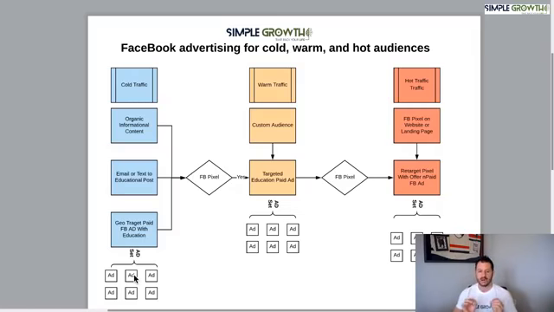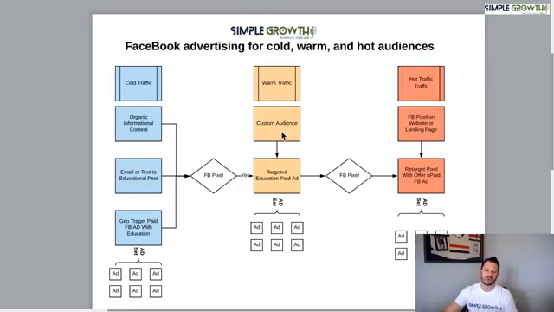Now that we've pixeled all these people here or gone in and created custom audience of people that have engaged with certain videos or landing pages or information on Facebook, we're gonna go in and work our warm traffic. So now we can go in